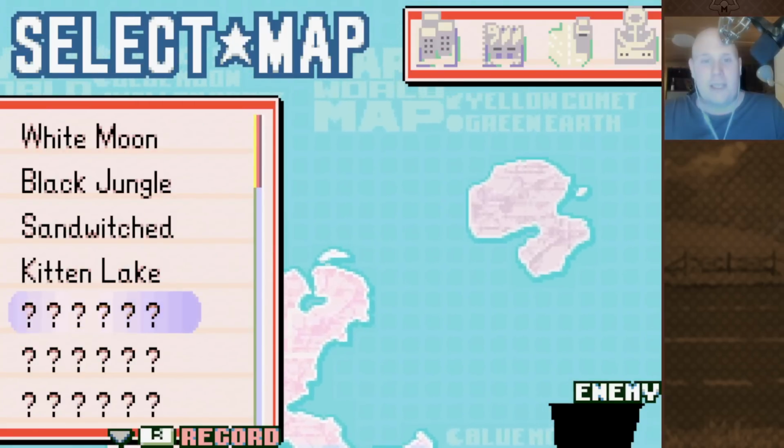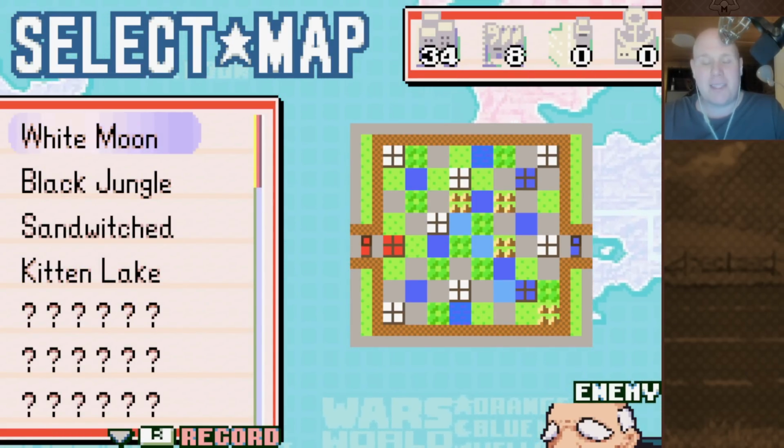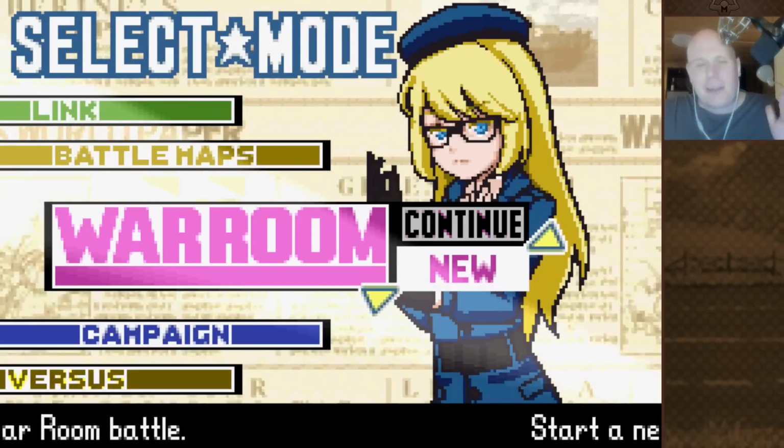You have to unlock the COs by defeating them in the war room. Once you defeat Gustav here, you can go buy him in the battle maps. However, there might be a way to unlock all the